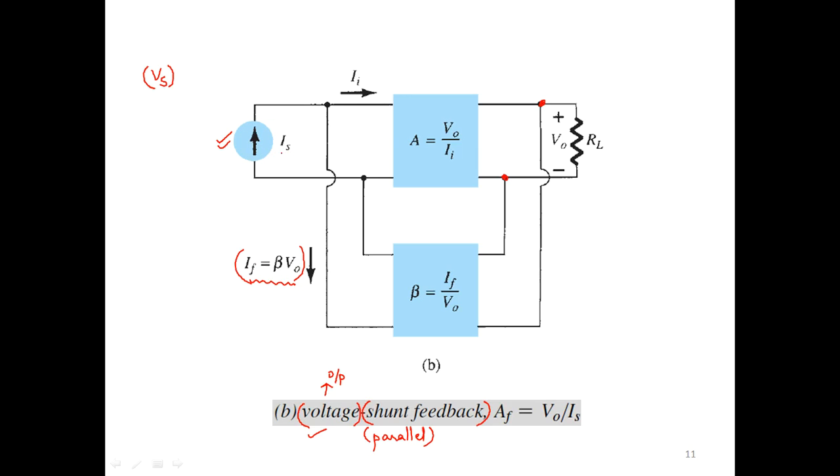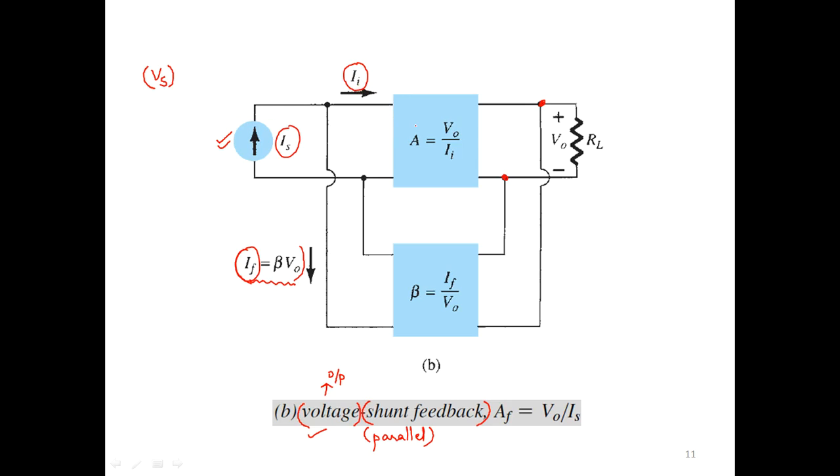The input current can be represented as the current source. You can observe Is and If both are in parallel. And finally the real input current, Ii, is in turn fed to the